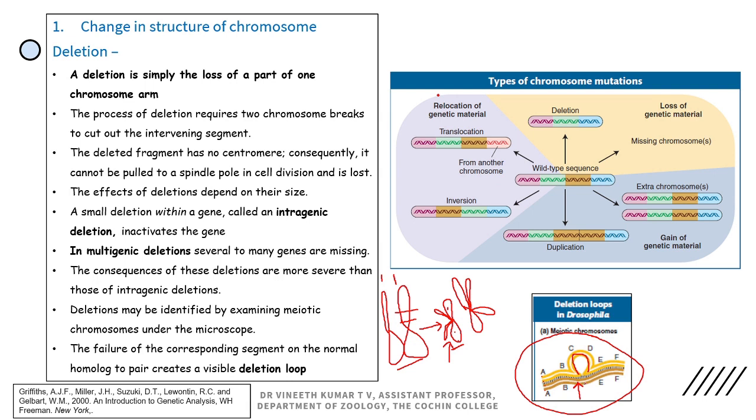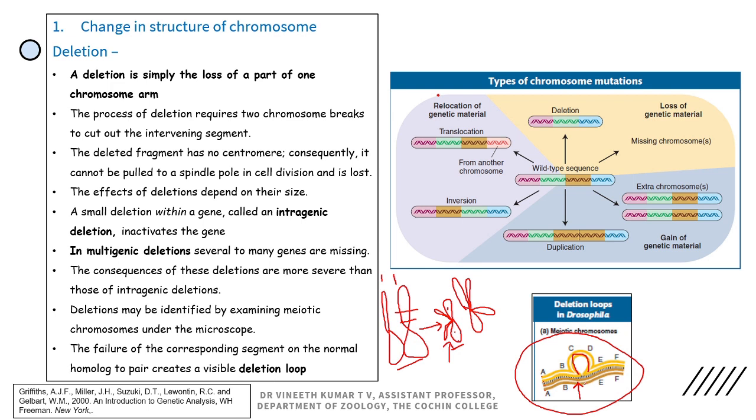As a result, it will remain out from the crossing over. So to remain outside of the crossing over, it will form a loop, so that it is not involved in crossing over, because it does not have its homologous genes